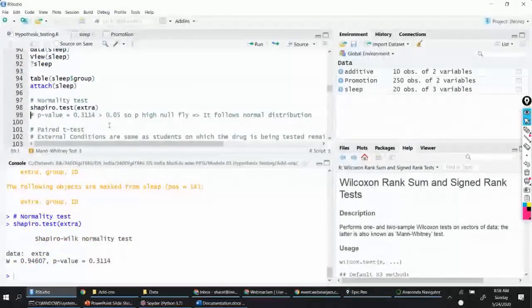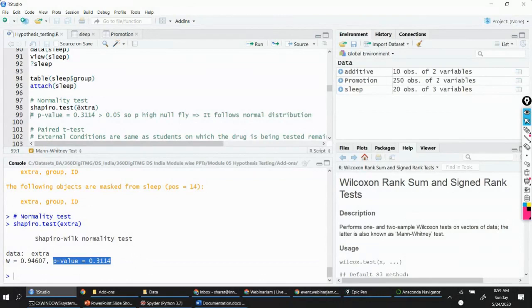You might want to split it into two parts, where you say group ID equals 1, and check whether the data is normal or not. And then you also split that with group ID 2, and verify it separately. But here, yeah, we are testing it as a single group. And we found that the complete data that I'm taking is normally distributed,